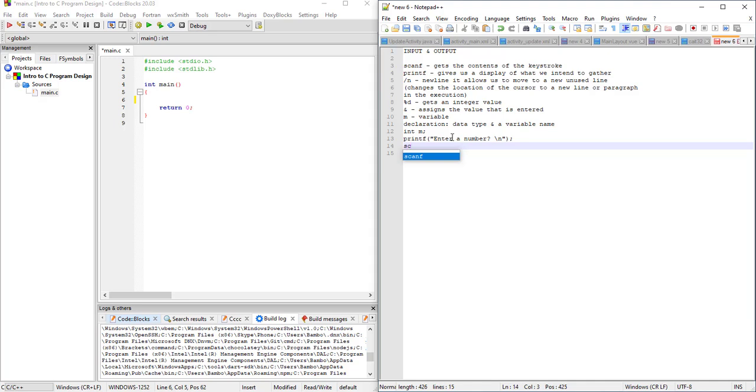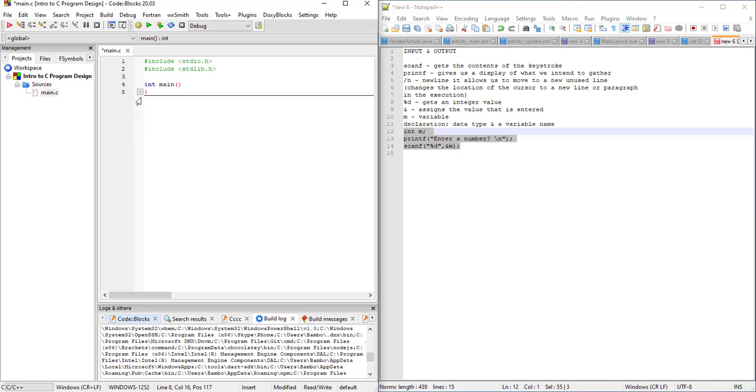Our scanf, like we said, we need to put our %d, we'll put an ampersand, and then we get the value of m, which is the value that we want to work with. So this becomes our code, where we've got our data type, our variable name, our printf, our new line, our scanf, our %d, and our m. If we just copy this as it is, since we are typing it in the order that we require, and we put it there,